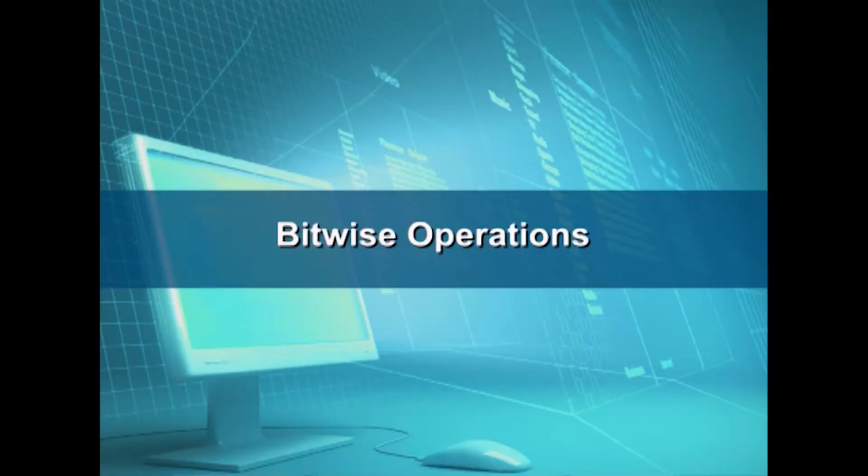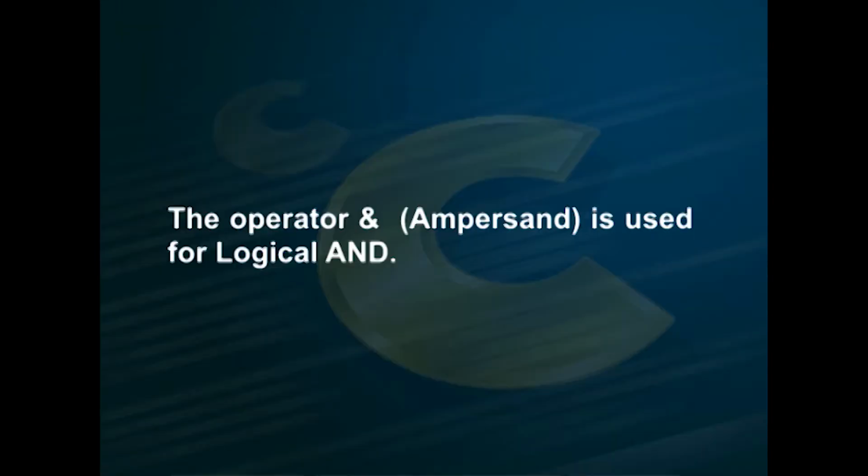Bitwise operations. The logical operators defined in C are designed as functions for bitwise operations. It means that the operations are performed on the individual bits, even though the operand is an entire byte or an integer variable. No carry from bit to bit is performed as we usually do with a binary addition. The operator AND, that is ampersand, is used for logical AND. If both bits are 1, the result is 1, otherwise the result is 0.